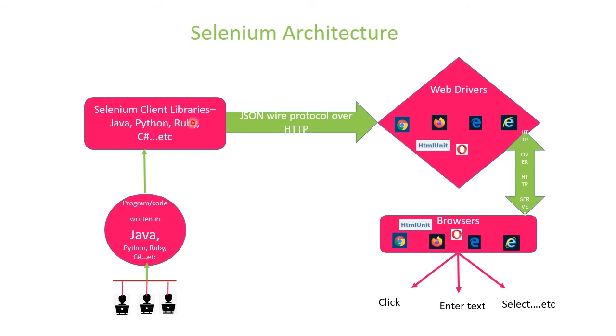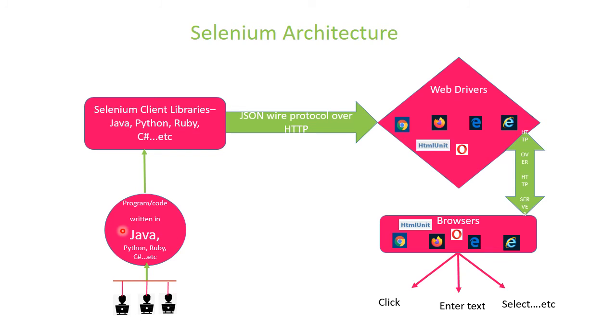which can invoke certain actions through these different libraries which are supported by Selenium. So we can write a program in Java, Python, Ruby, C Sharp, etc., which will in turn invoke certain methods or actions classes which are defined in the client libraries, respectively Java libraries, Python libraries, Ruby libraries, C Sharp libraries. So that's why we need a medium or language in order to trigger the actions on the applications. So that is why we need Java.